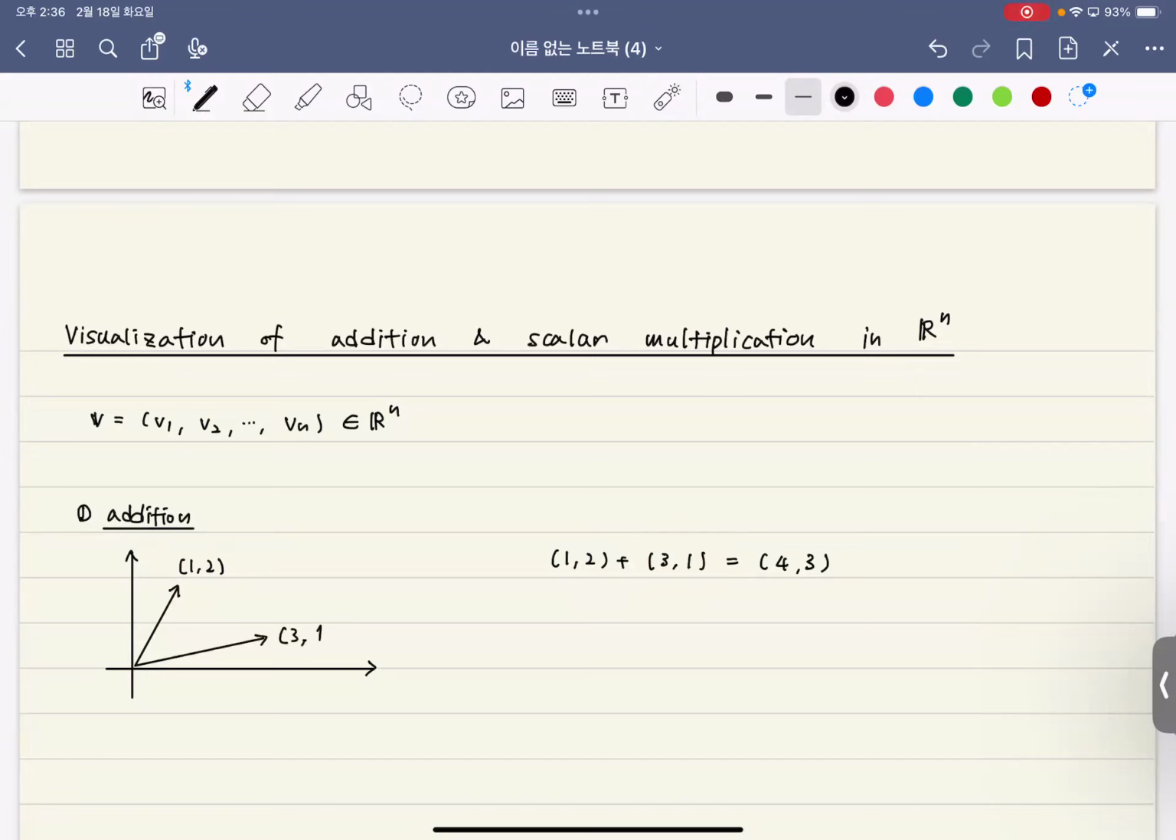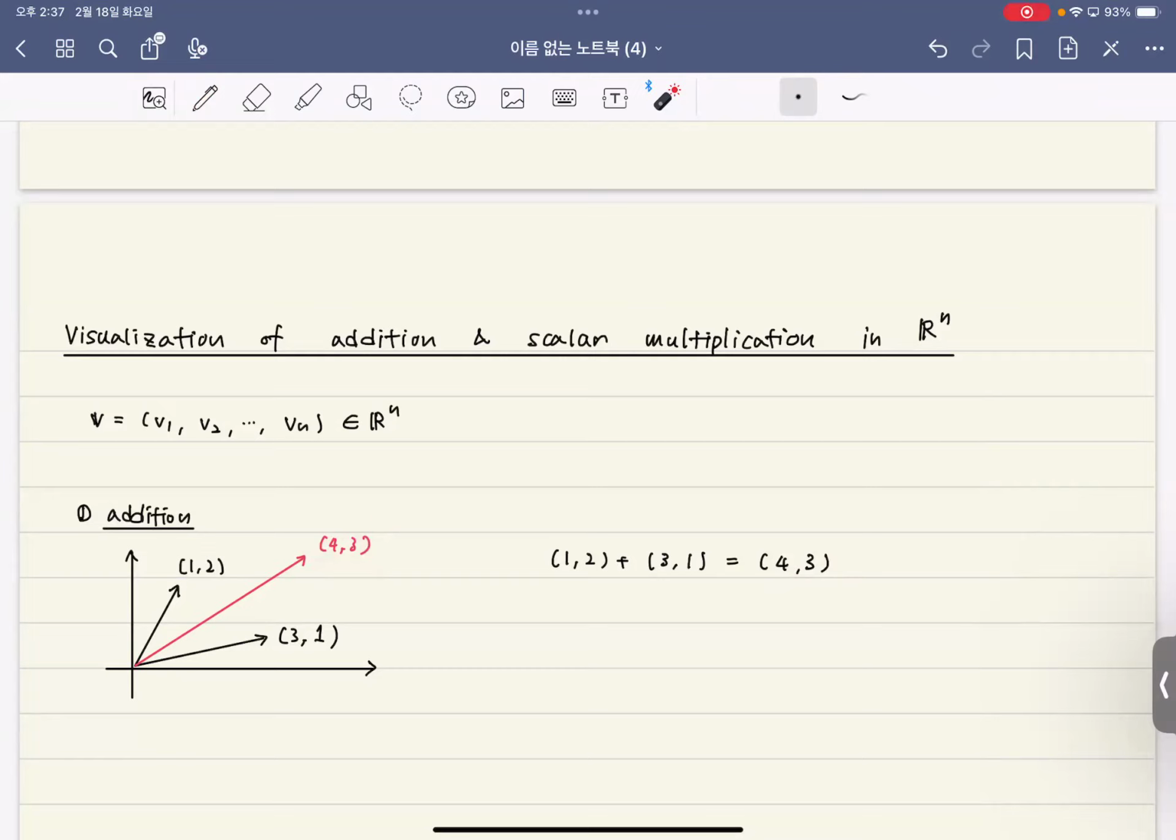So this is my two vectors. And if I add these two, then I have this one, (4, 3), which is this. So how do we draw this? How do we draw this vector? So this is, well,